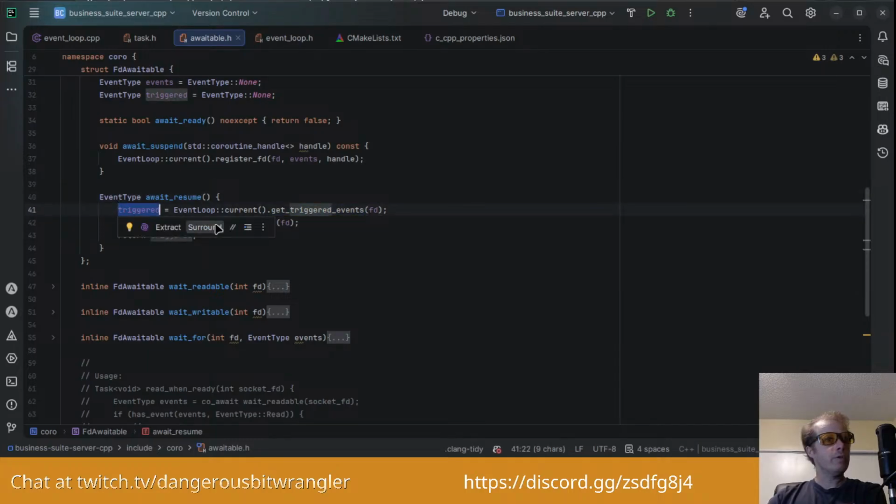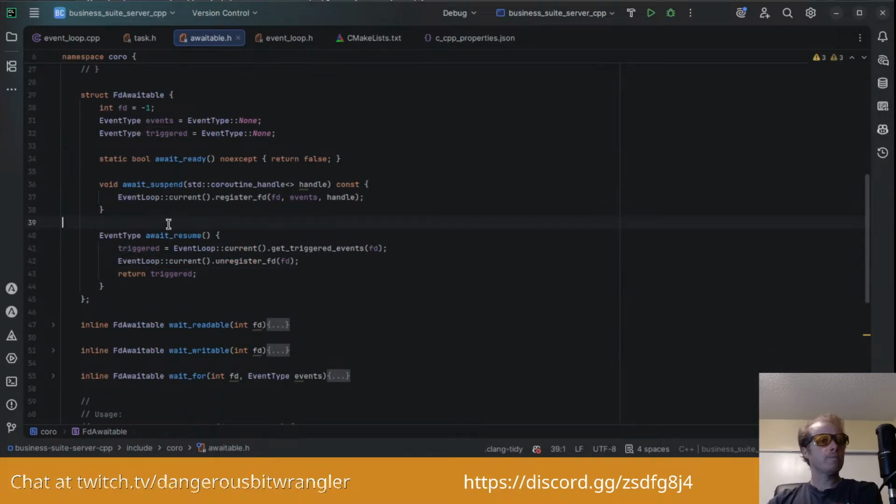Get triggered events, and then what does it do with that? Okay, it returns it as an event type enum, and then it calls, let's see, event loop current unregister FD. Okay, so, oh, that's what we were reading earlier that I was wondering about. So it resumes, and then it basically gets the event flags and then returns them.